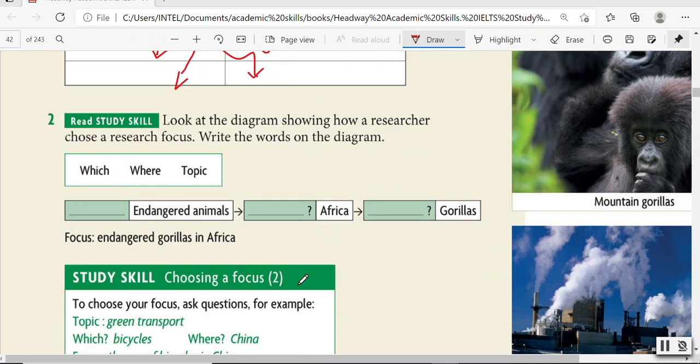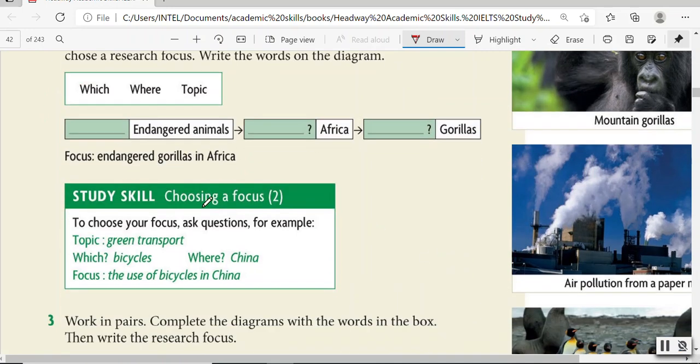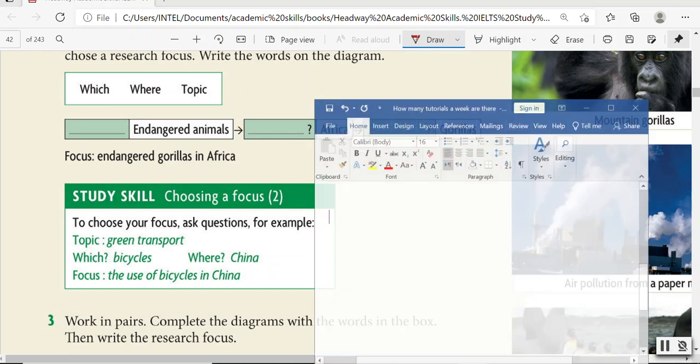In here we have a study skill box. Before doing exercise number 2, let us read this study skill box. Okay, choosing a focus. How can you choose a focus? To choose your focus, ask questions. For example, you want to choose a focus for your topic. You must ask yourself some questions. For example, what is the topic? Okay, before choosing a focus, ask yourself,